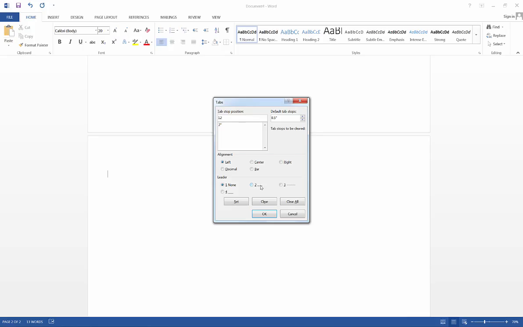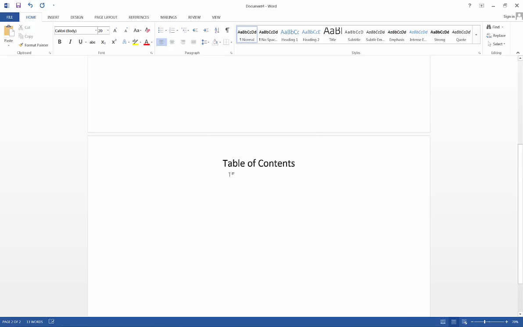so that we can lead our eye to the page number. So I'm going to check this and then also hit Set. So I've hit 2 with no leader, and I've hit 12 with the dotted leader. So I'm going to hit OK. And I'm going to type utility shed. I'm going to hit Tab,